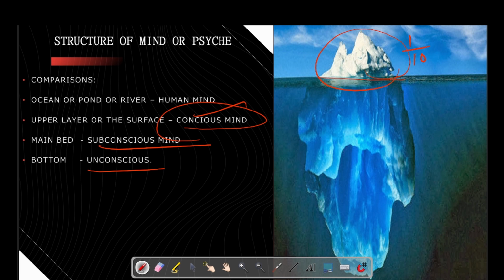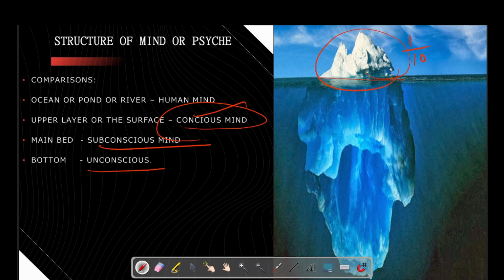The ideas, thoughts, and images that we are aware of at any moment of our mental life are said to lie within this upper layer of our mind. That means the ideas, thoughts, and perceptions you are actively thinking about or focusing on at the present time. For example, right now you are watching the video, reading the text that I am writing, and listening to me, which are happening right now. So all these are running in your conscious mind.